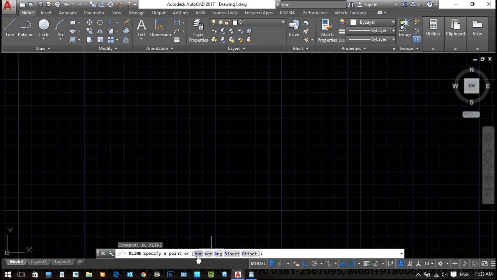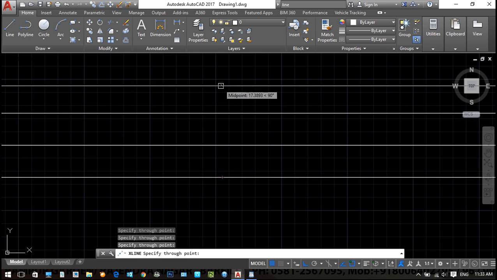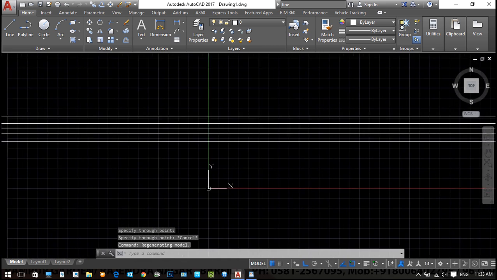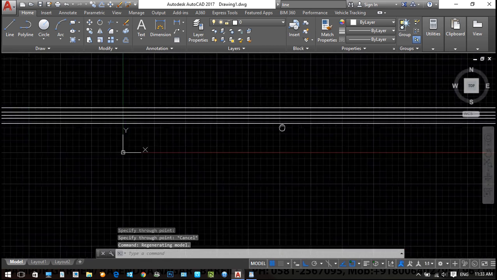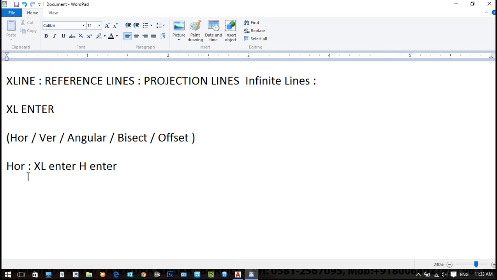You can see blue color is visible here, blue is showing here. So this is a shortcut of next command. So we gave H enter. So we create an infinite line. Right? And it is not decided how long its ending is. So that particularly we create horizontal line by using Excel enter, H enter. Now we can click anywhere on my screen to create a horizontal line. So this is the horizontal condition.